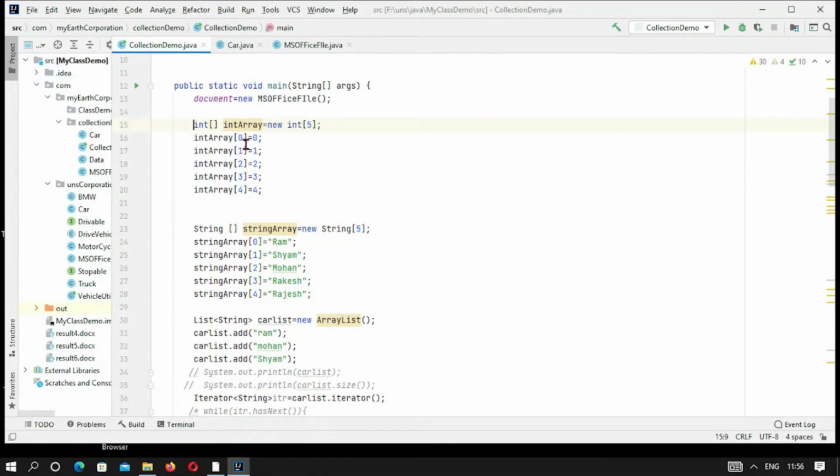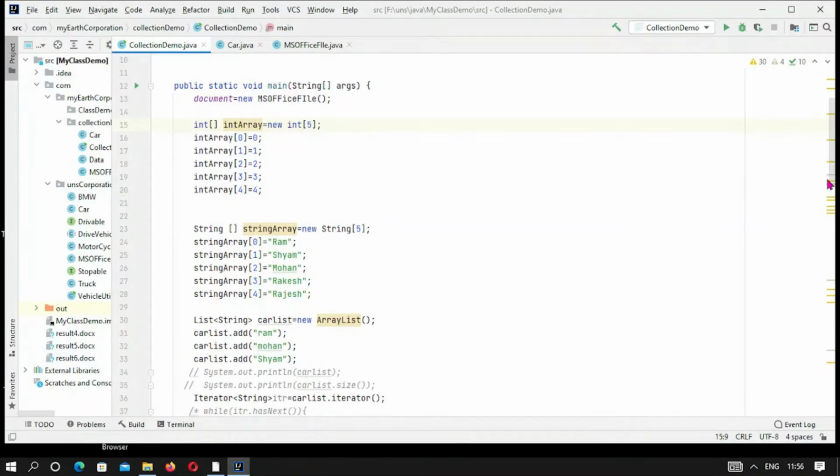array have been added. So the index starts from 0, so you can see it will extend up to 4, so 0 to 4, and here the value type is int. Similarly, here this is another type, but this is of type object. This is a special kind of object, String. So this is type String, and this is the array name of this string array, and this new word will create a new array of type String with a size of 5, and here we have given the values. This is index 0 up to 4.